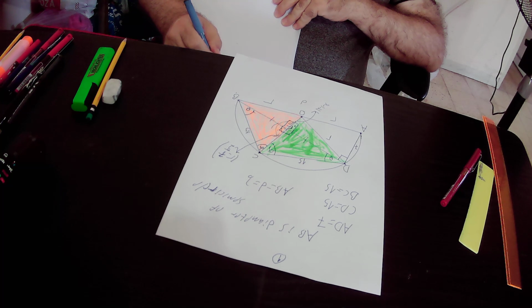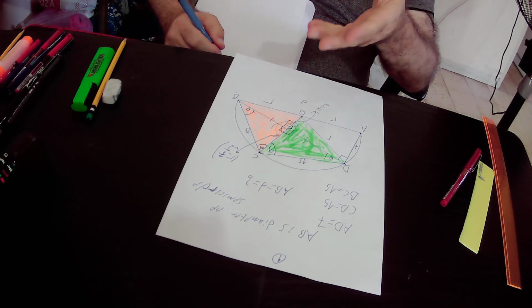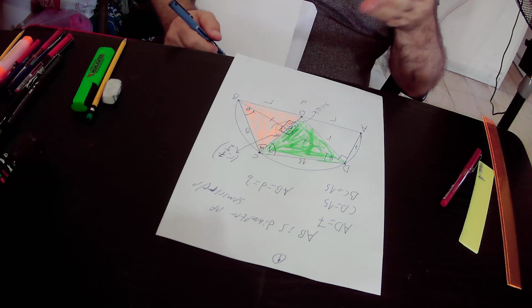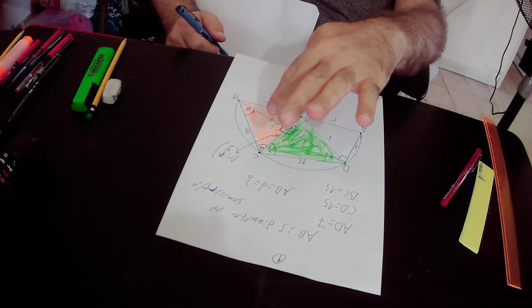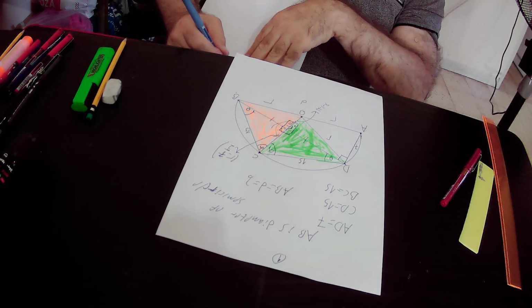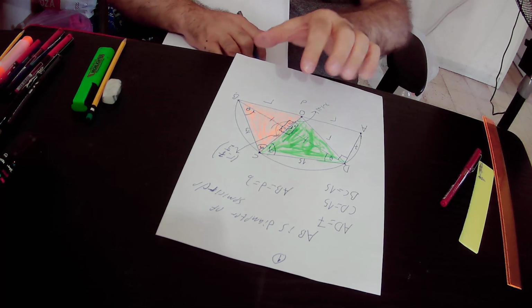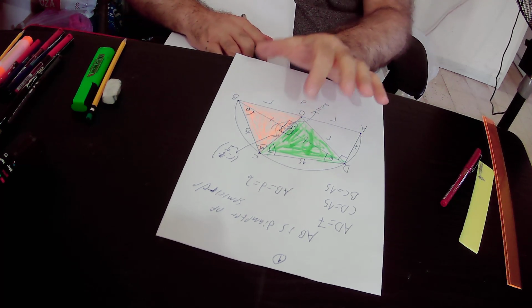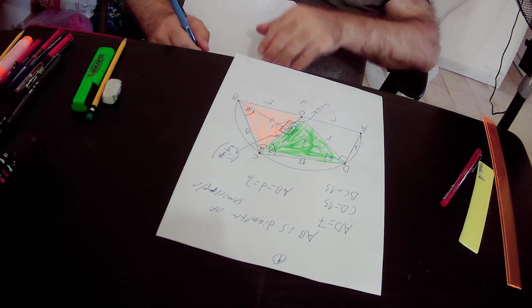So we will implement it in the two orange right triangles, triangle OEB and triangle BEC. Actually, we can say that EB square